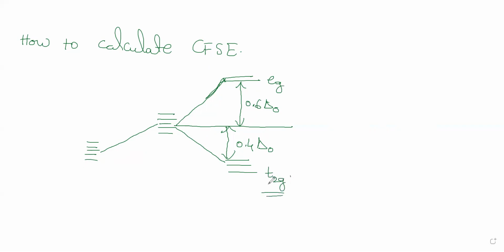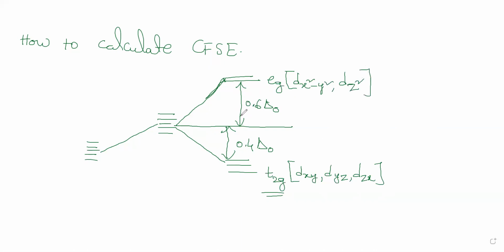So how to remember this? T2G means 3, T for 3. You remember like this: T is meant for 3 orbitals. So what are the 3? dxy, dyz, dzx. These are the 3 orbitals. And EG refers to 2 orbitals, there are only 2 terms here. Like that you can remember. Here 3 terms are there: 1, 2, 3. T2G, so 3 orbitals. Here EG, 2 terms are there, 2 orbitals. Like this also you can remember very easily.